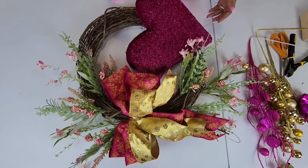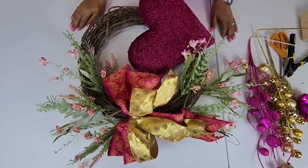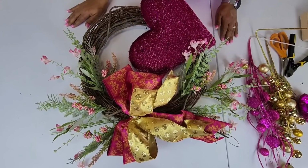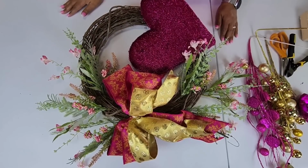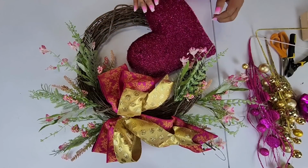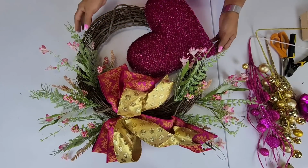All right, so, and for me, from a grandparent standpoint, my grandbabies like the bling. So I like it to pop for them. They come over, and my grandma name is Gammy. And so like, Gammy, can we see this? Can we see that? And I've had them help me make wreaths, and some of the ones that they like, and pick out certain things for them so they can have and add their little touch to the wreaths as well. So for me, I like this, but I can make one that would be very subtle, and I might just do that actually as I make more Valentine's Day wreaths. So let's go ahead and start adding some of our